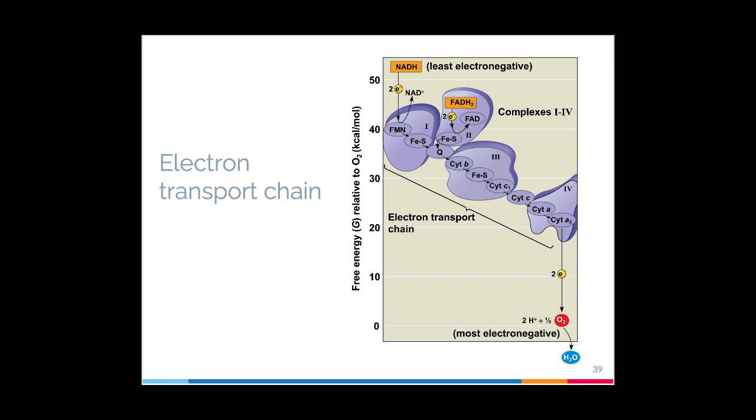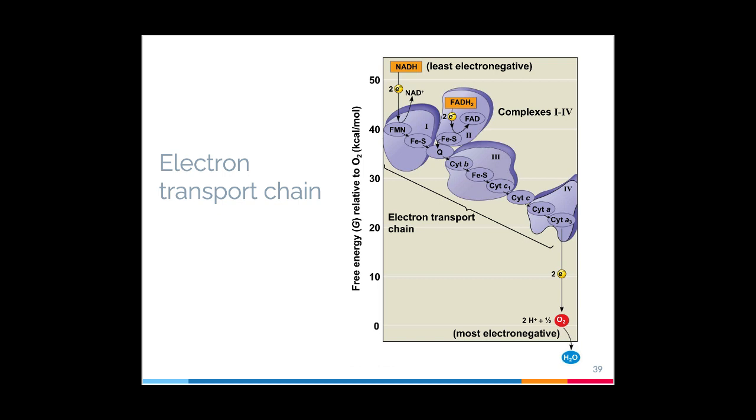Now remember, like anything else, once NADH and FADH2 drop off their electrons, they get oxidized, and NADH goes back to being NAD+, FADH2 goes back to being FAD. Fine, so they've dropped off their electrons, they're good. They can actually go back to earlier stages of cell respiration and now pick up more electrons to continue driving this process. But they've dropped off their electrons, and now those electrons that are high in free energy will jump